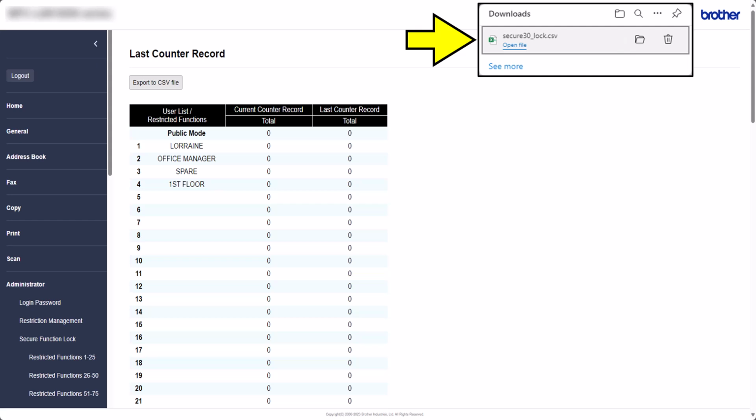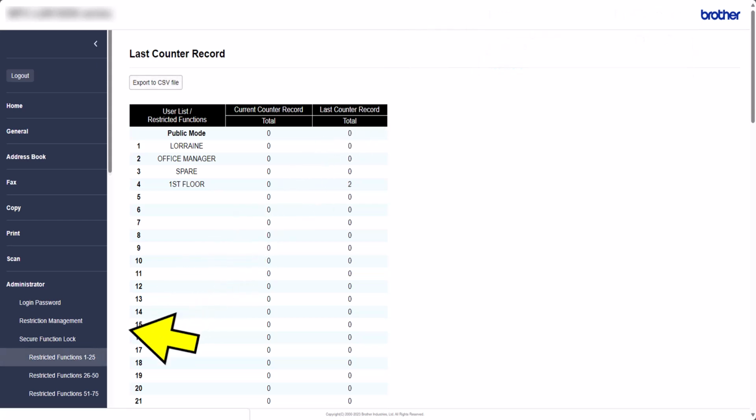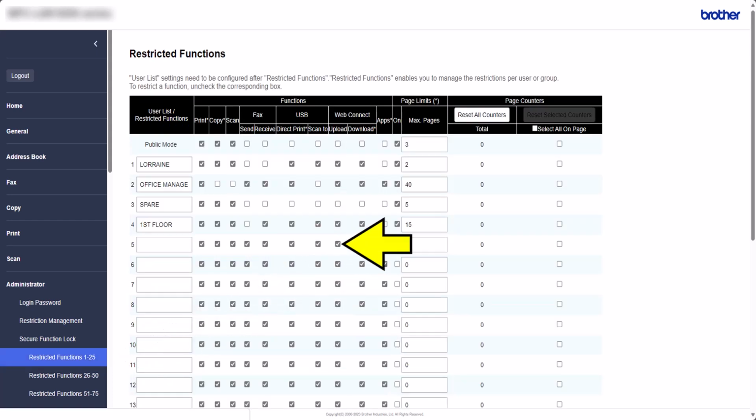How to reset the counters. Select Restricted Functions. In this example, I will select 1 to 25, as this is where I have the example groups and users. Depending on what is required to be reset will depend on your choice here.